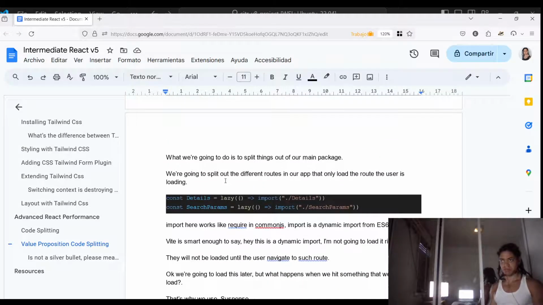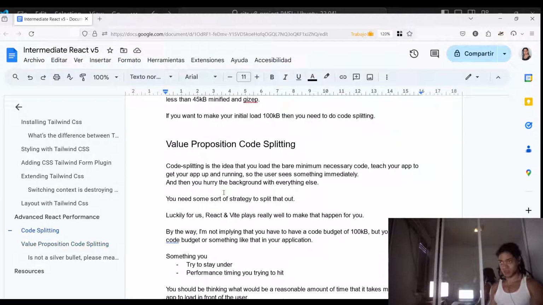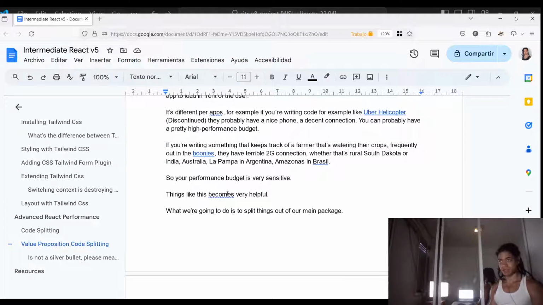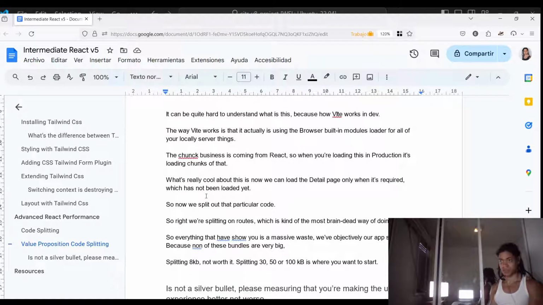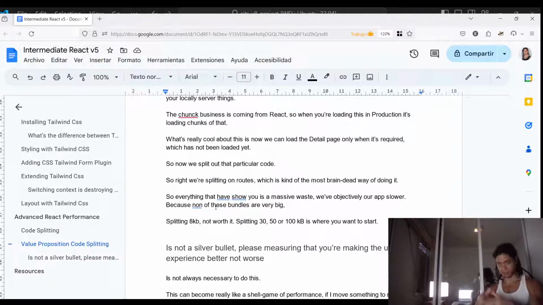Most of the time what we did is split things out of the main package, and we're going to split that using different routes. Here, that's actually a no-brainer strategy. You can take a lot of other strategies, but once you know what you're splitting, you use a library that allows you to do the splitting, depending on the type of application you're writing and the code budget that you have. Following the web vital metrics